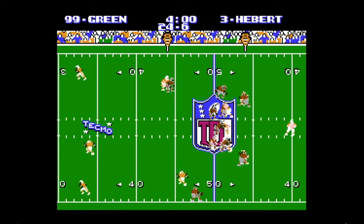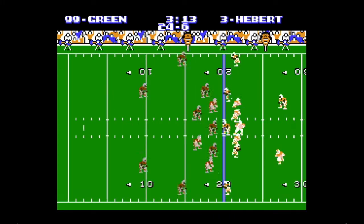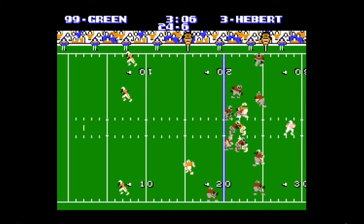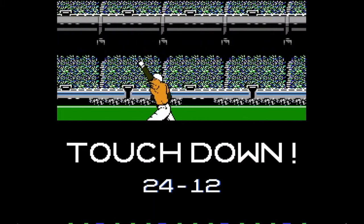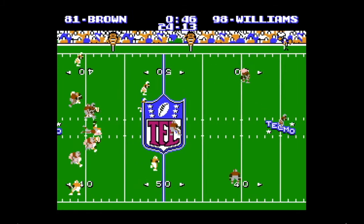Denver Buffaloes need to get more points on the board. Bobby Hebert throws it over the middle to Keith McKellar. This is a catch this time. And then again to Eric Martin, waiting in the end zone for the touchdown. The Denver Buffaloes are making this more respectable, but they gotta keep up with